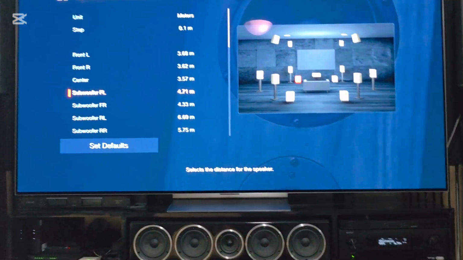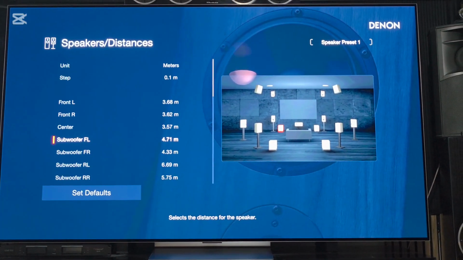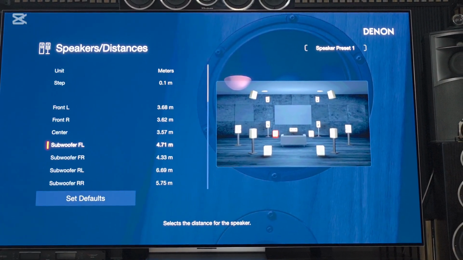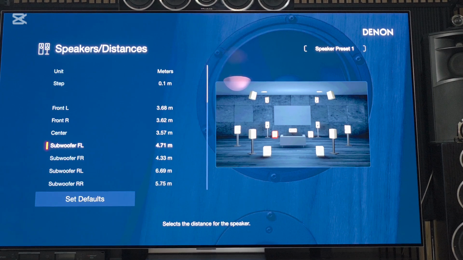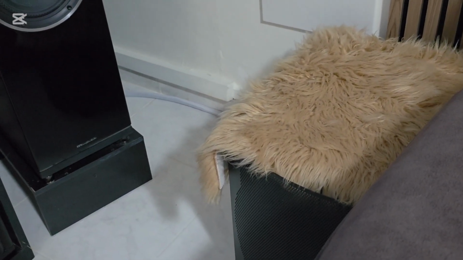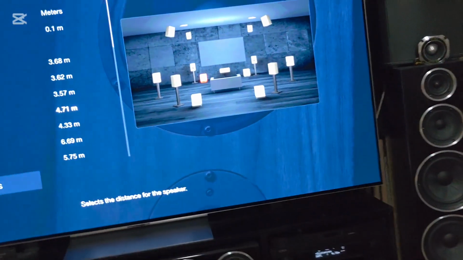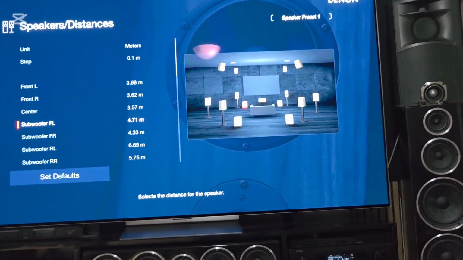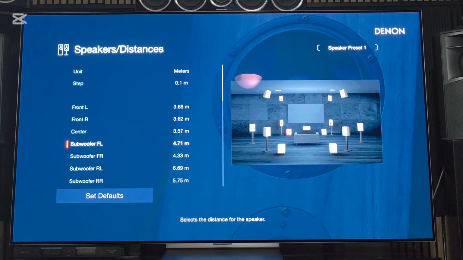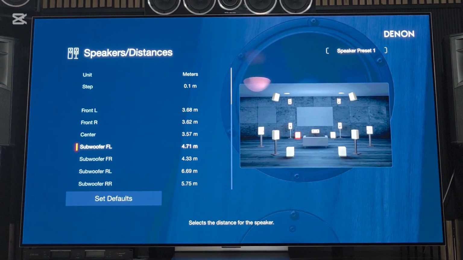And for the subwoofer front right, it put 4.33 meters, which is about the subwoofer over here. This is my front right, and then for the rear left